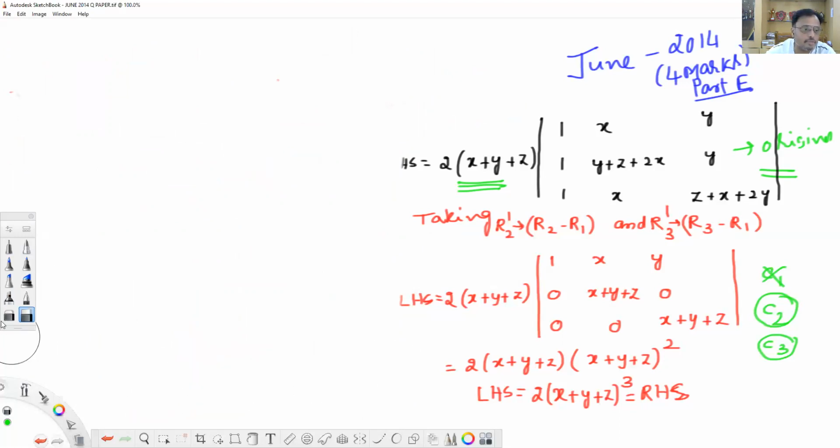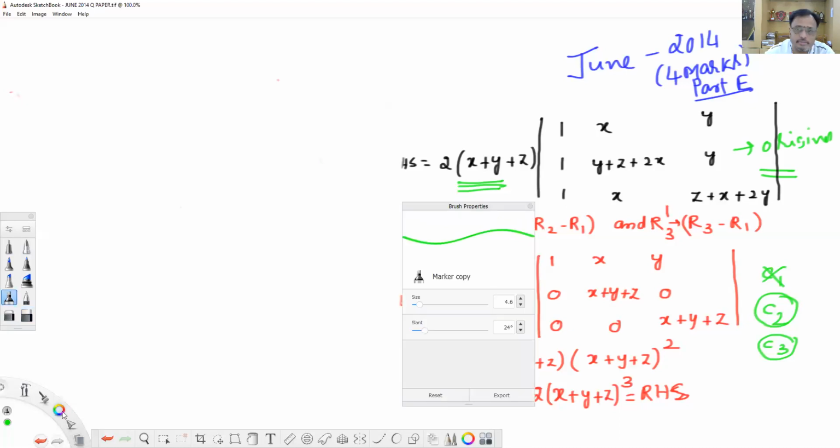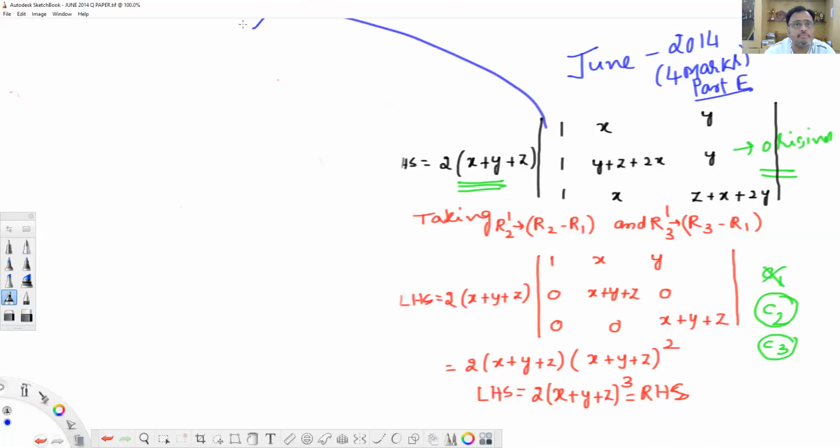Yes, what you can show it here now. Look at it. On this body I'm doing surgery, and the new body will be... Sir, what operation are we going to do now? I'm taking R2 minus R1, two surgeries: R2 minus R1 and R3 minus R1. Sir, tell me why you are doing this, what is the benefit of doing this surgery?